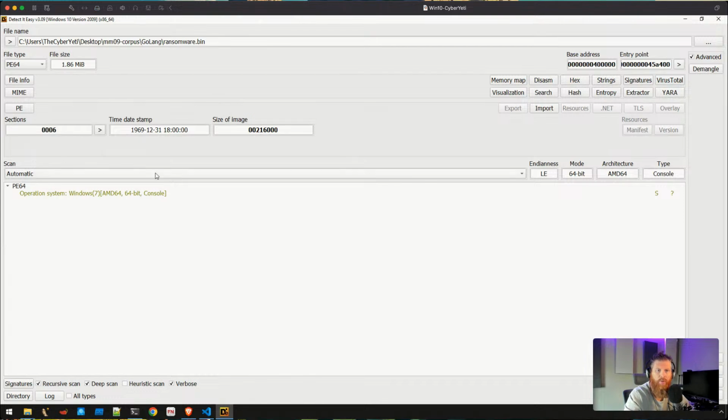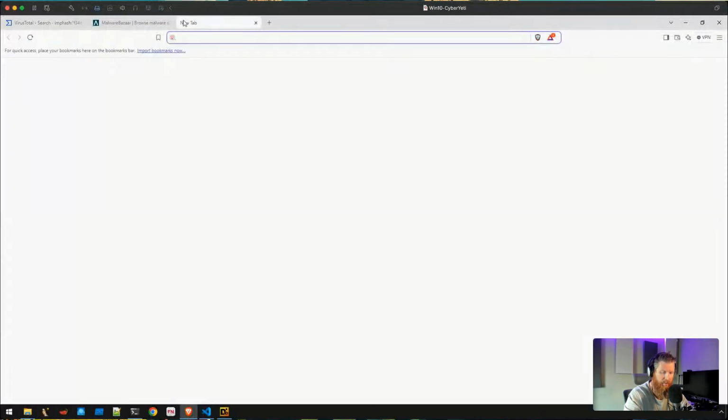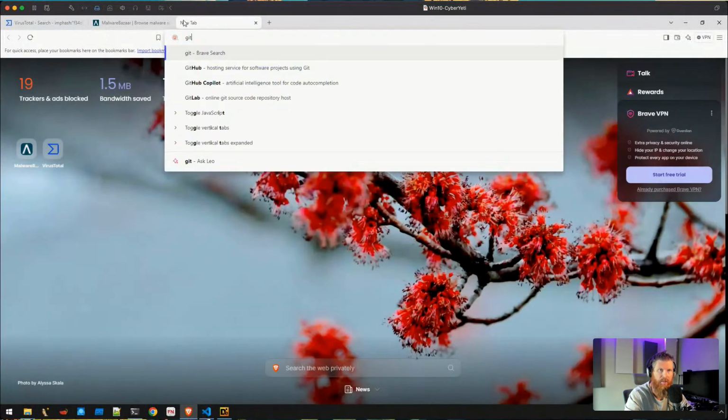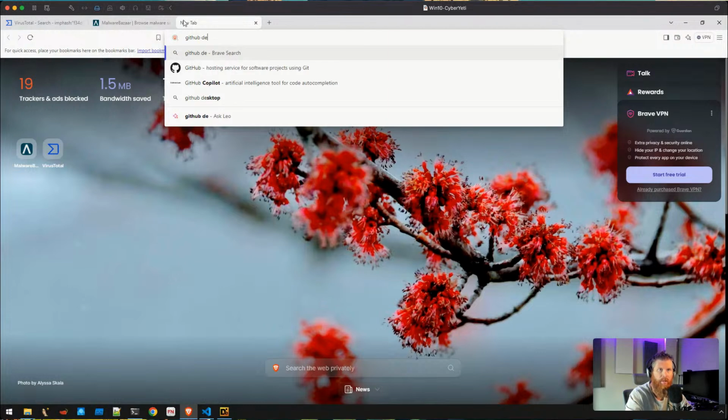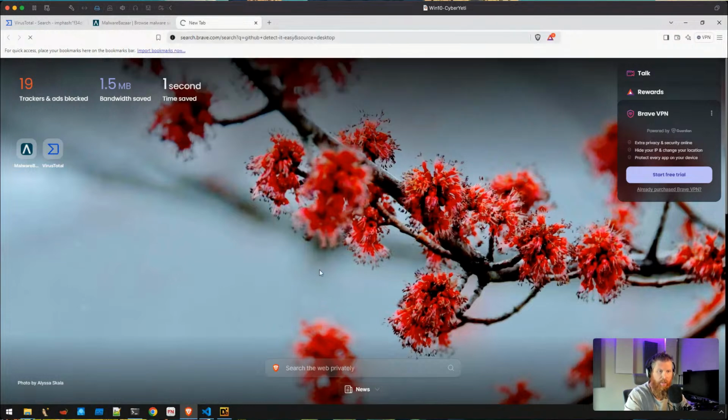Let's see, version 3.09. I'm going to check my other VM, because if it is the difference in versions, we'll just download it. There's probably a quicker way to upgrade, but I'm not going to be able to think of it off the top of my head. So we'll just go to GitHub, Detect It Easy, and download the latest release binary.